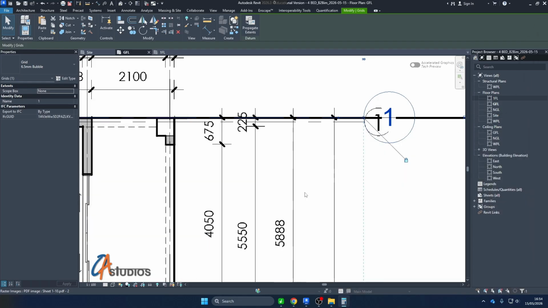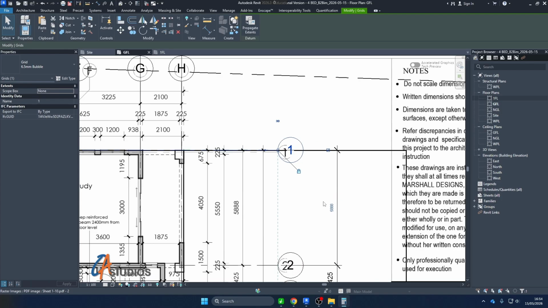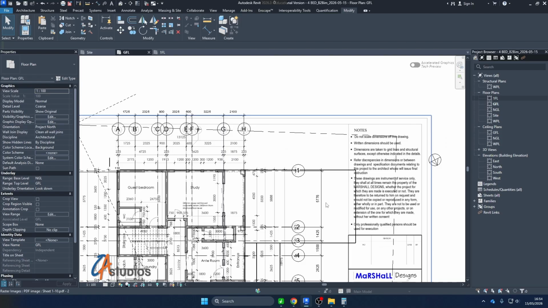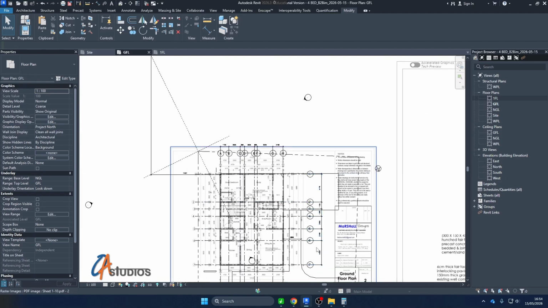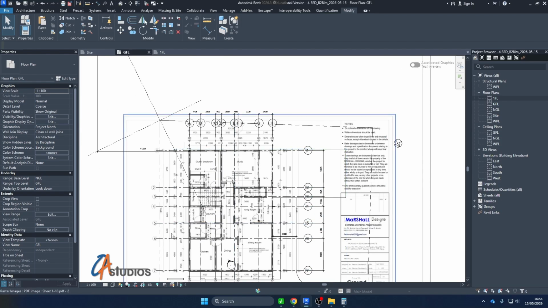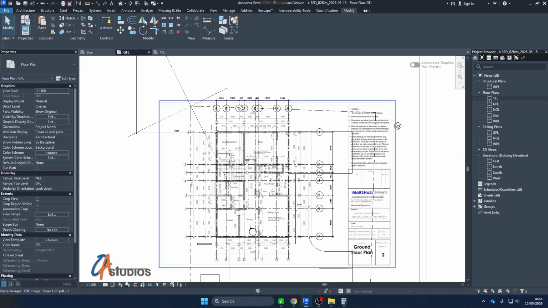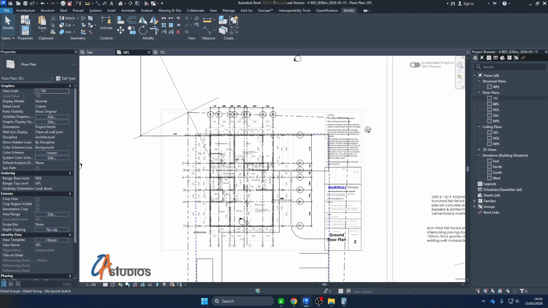Okay, so we would put that figure here, 5775.5, and yeah, 0.6. So give or take, these are the dimensions for our grids, and with that then we can now trace out